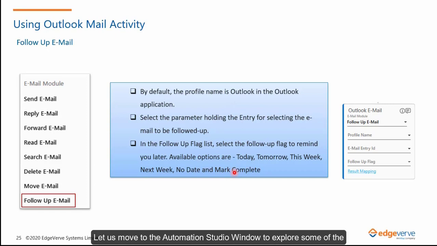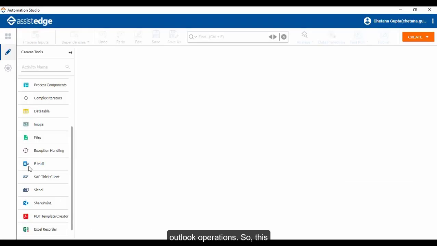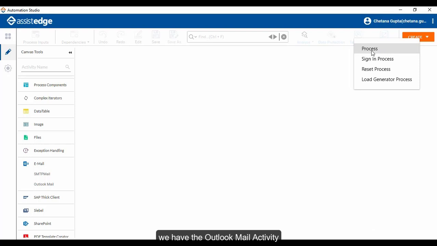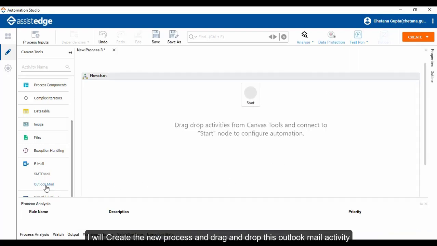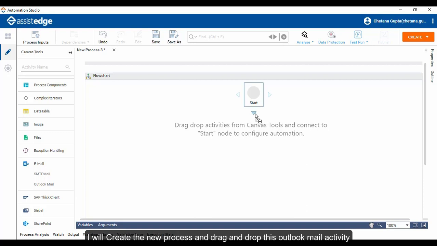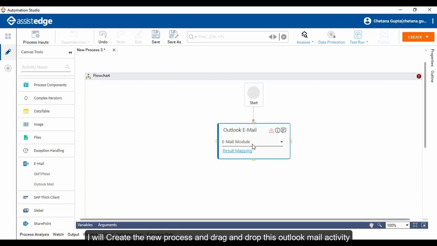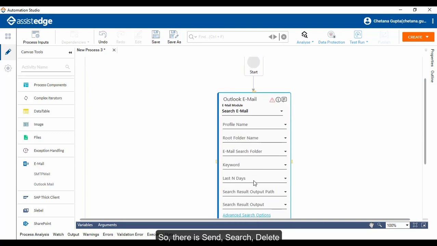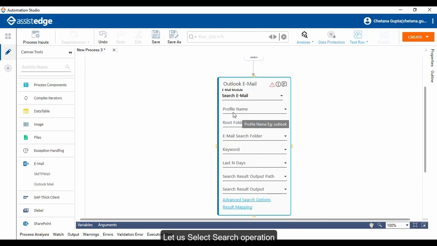Let us move to the Automation Studio window to explore some of these operations. So this is the Automation Studio window, and here we have the email category, inside which we have the Outlook mail activity. I'll create a new process and drag and drop this Outlook mail activity, and here I can see that there are a number of operations that I can perform within Outlook. There is send, there is search, there is delete. So let's select the search